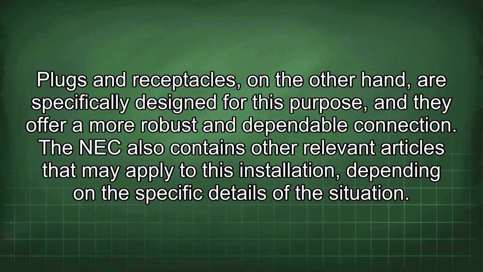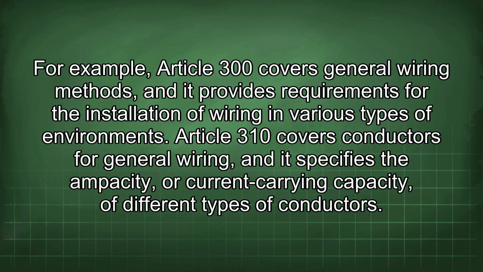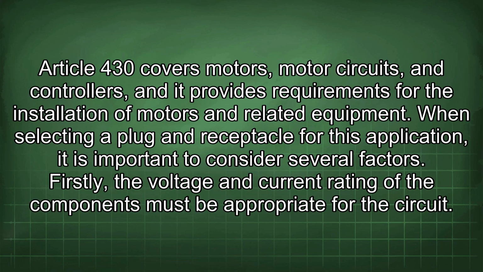The NEC also contains other relevant articles that may apply to this installation depending on the specific details of the situation. For example, Article 300 covers general wiring methods, and it provides requirements for the installation of wiring in various types of environments. Article 310 covers conductors for general wiring, and it specifies the ampacity, or current carrying capacity, of different types of conductors. Article 430 covers motors, motor circuits, and controllers, and it provides requirements for the installation of motors and related